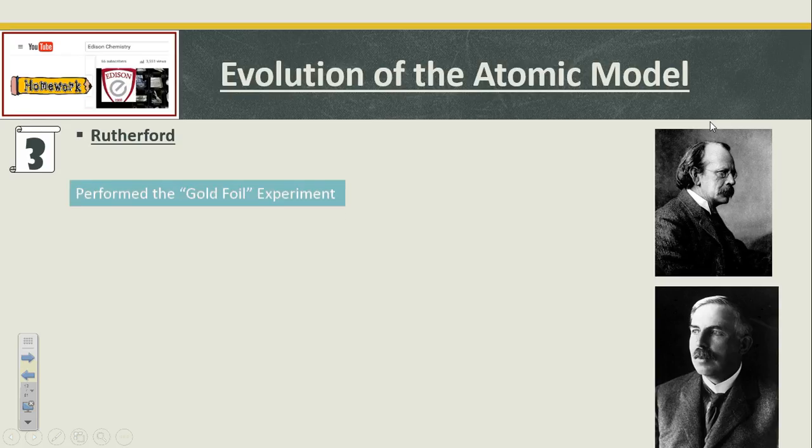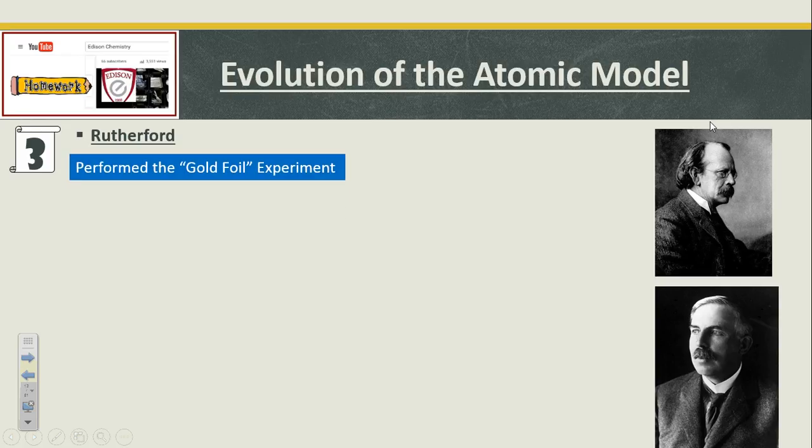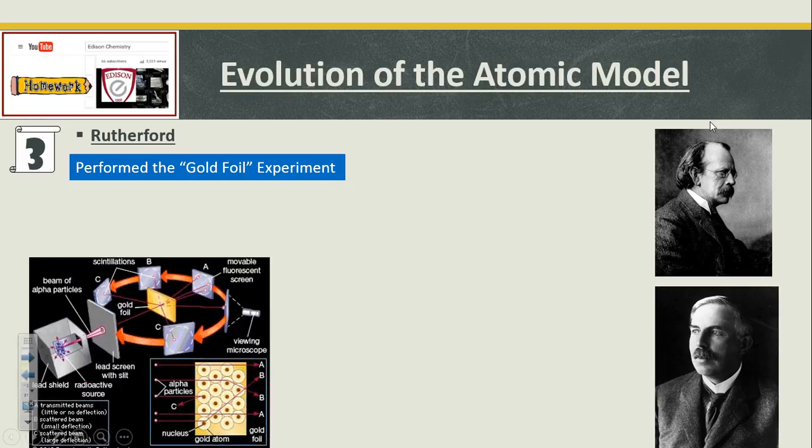Next guy, Ernest Rutherford. Rutherford performed a very famous experiment called the gold foil experiment. And here's a little picture of what it is. The gold foil experiment shot alpha particles, which were positively charged, at a piece of gold foil. Most of them went straight through the gold foil. Some of them bent off at odd angles for some weird reason, and others yet, even still, bounced straight back,